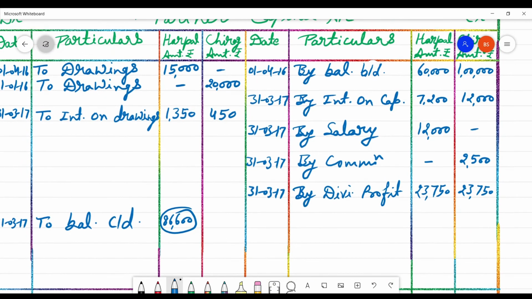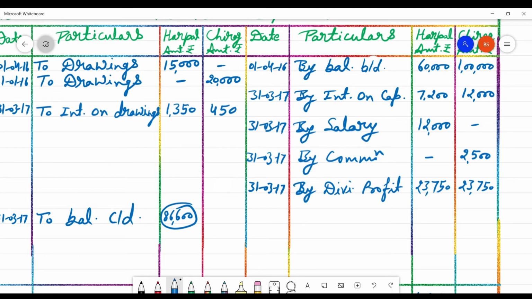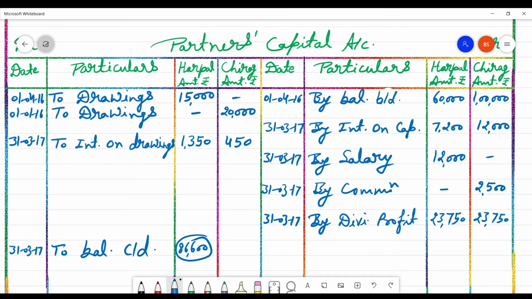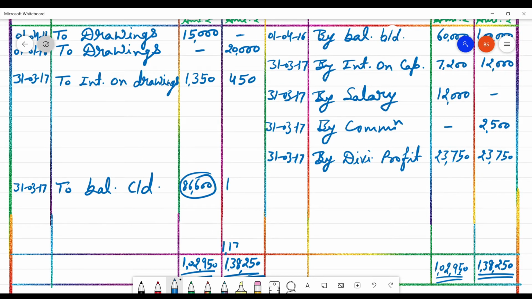After that we will make the total of Chirag's capital account's credit side. 1 lakh plus 12,000 plus 2,500 plus 23,750 is 1,38,250. 1,38,250 minus the debit side, minus 20,000 minus 450, it comes to 1,17,800. This is the sum